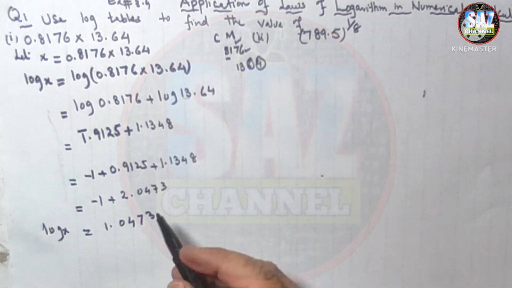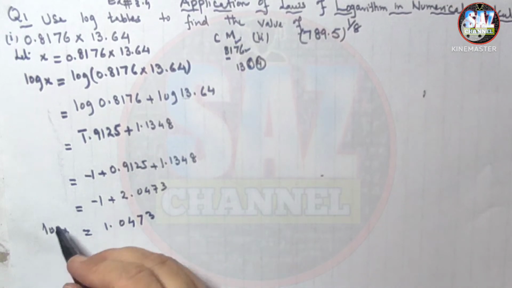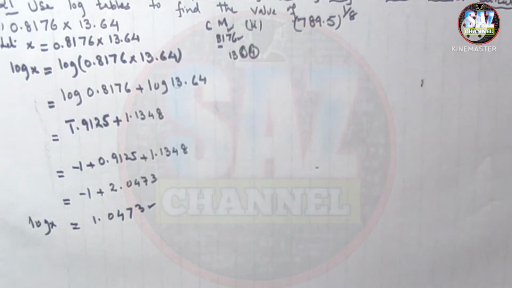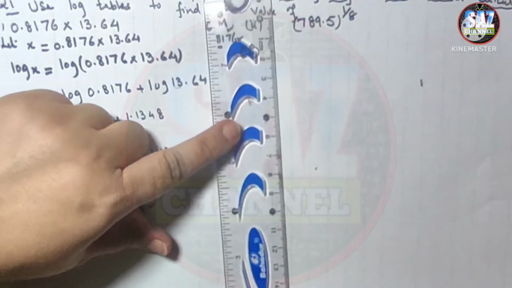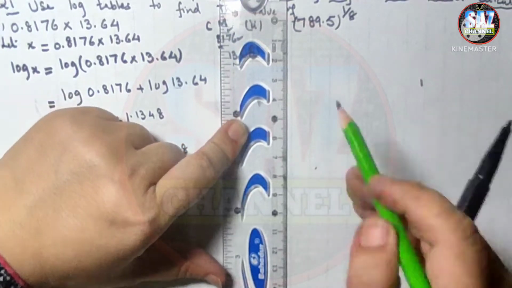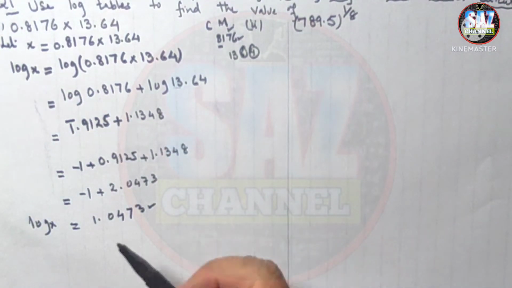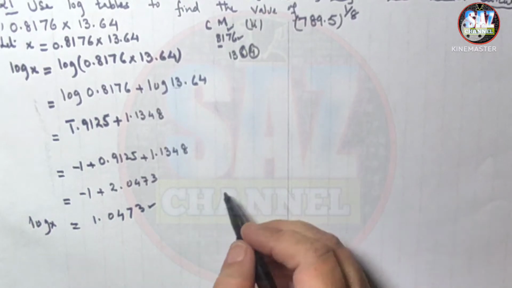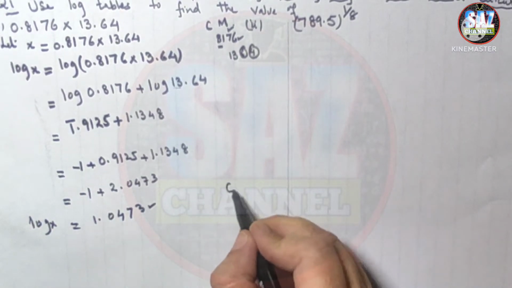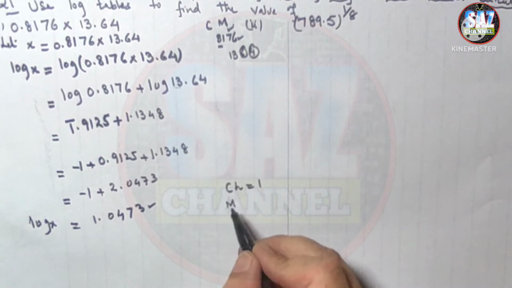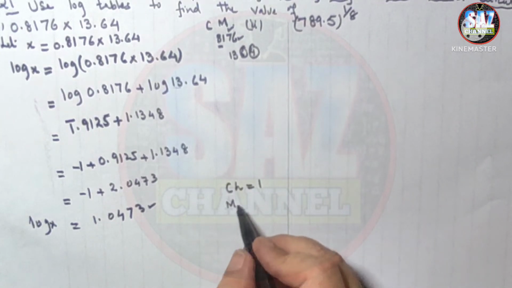We have to find the number here. This is the log given. Let me draw a line here so that my students should not mix other parts with this part. Now look, this is the answer of log, and we know that the characteristic is 1, and the mantissa of this question is